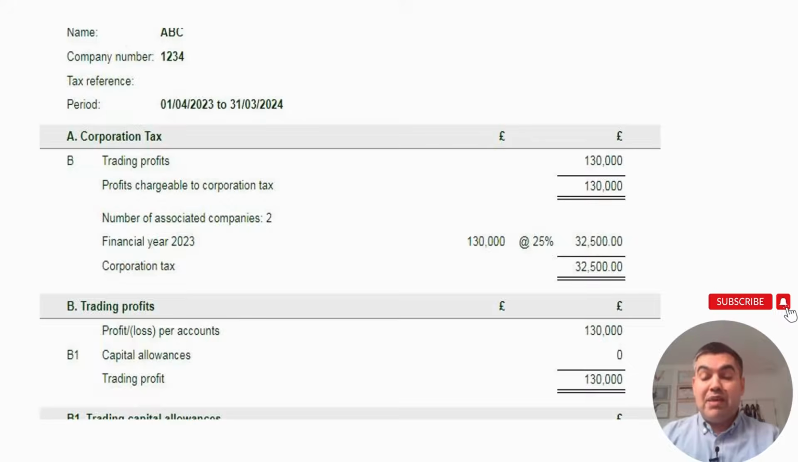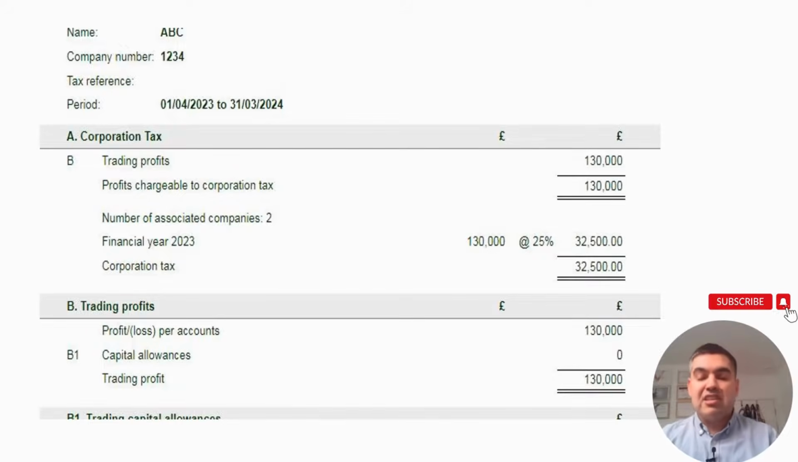No, because look at the number of associated companies. The upper limit will be reduced, or divided, by 3. So when you look at this, 250,000 divided by 3, obviously the result will be lower than 130,000. In this case, you simply multiply this 130,000 by 25% without giving any marginal relief. If there were no associated companies, you would calculate 130,000 multiplied by 25%, and then